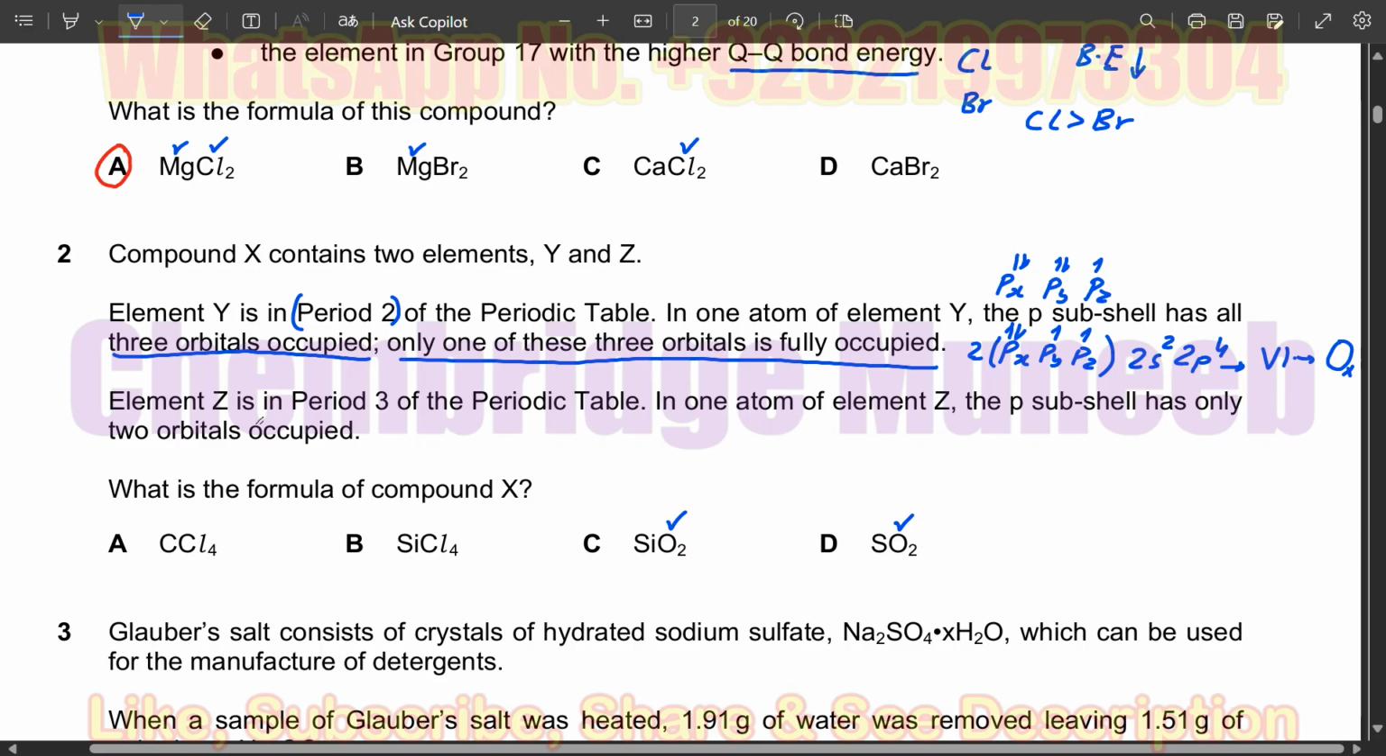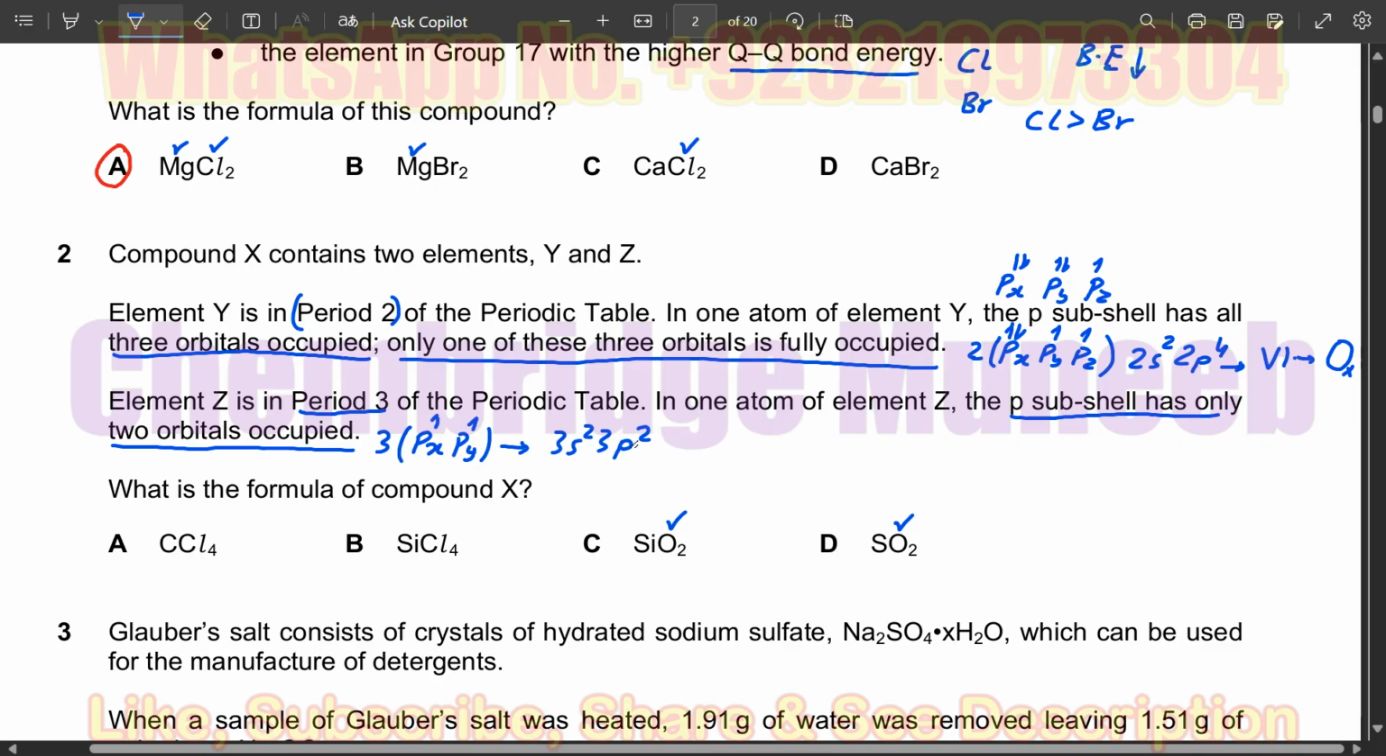Then the element Z. Now for element Z, it says that in one atom of Z, the p subshell has only two orbitals occupied, which means px and py would be occupied with one electron each, and pz is totally empty. And this belongs to period number 3, which means these p subshells are from quantum number 3, and definitely it is followed by the s subshell,